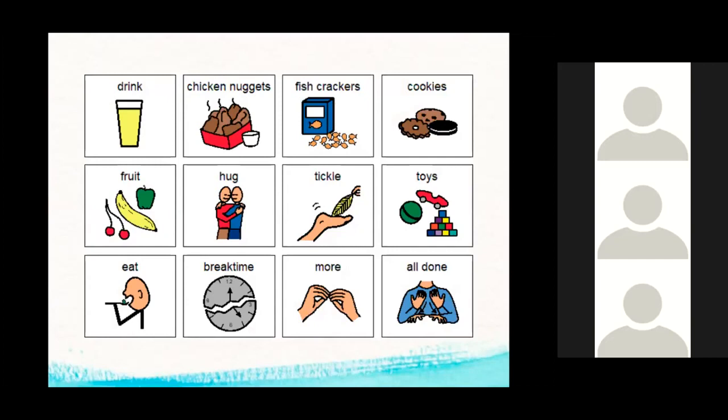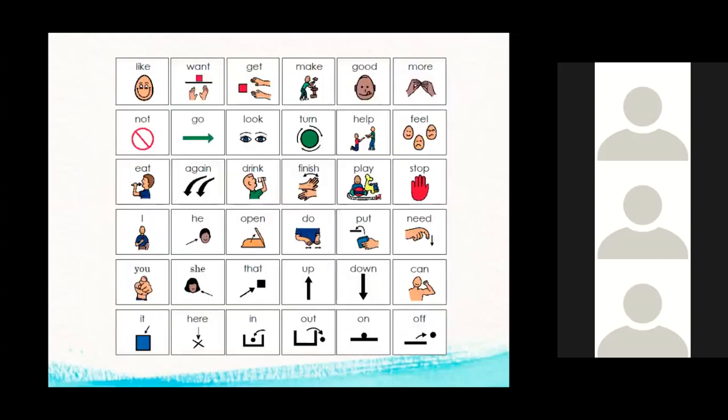A communication system that had more things I want, like fish or chicken nuggets or drink or cookies. And now we promote using words like good and more and look and not and drink. So you can combine some core words to communicate about more than you could just on that